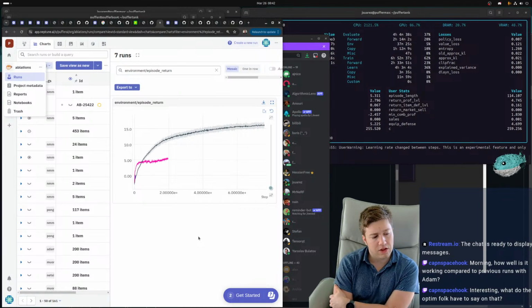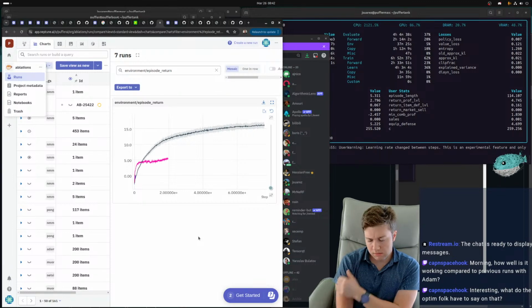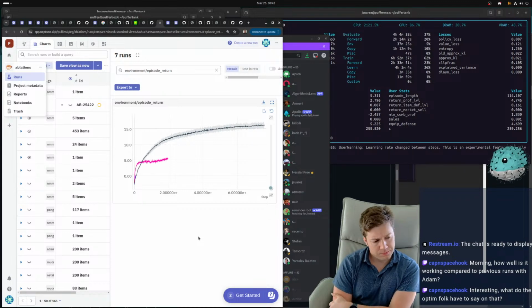And then the other one is effective horizon, which possibly these could be related as well. But gamma and lambda, the GAE parameters.